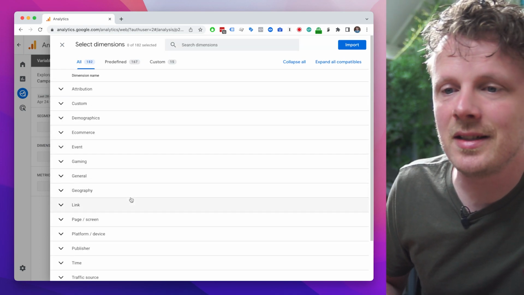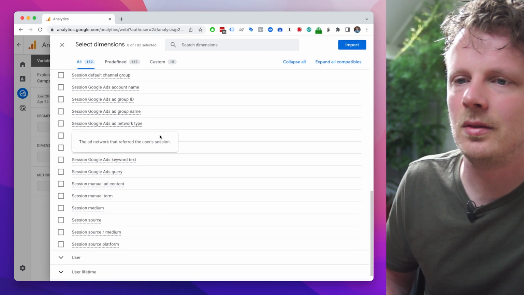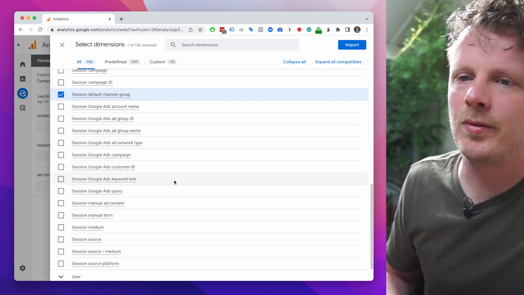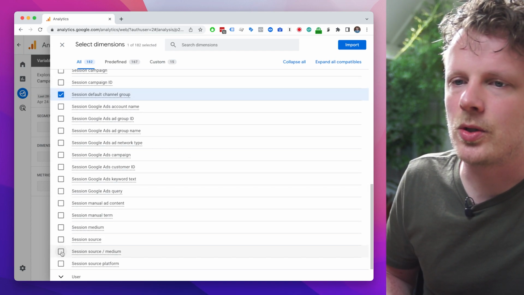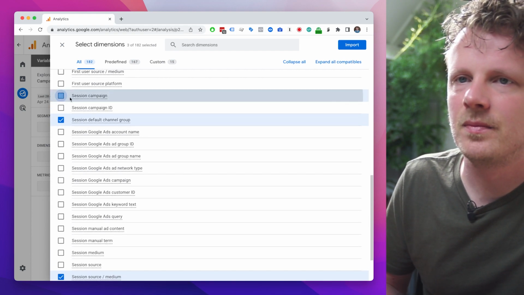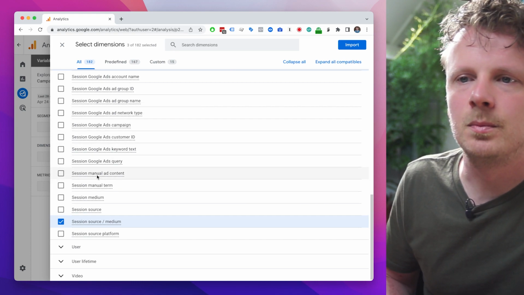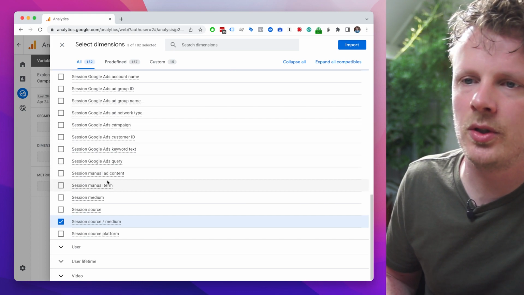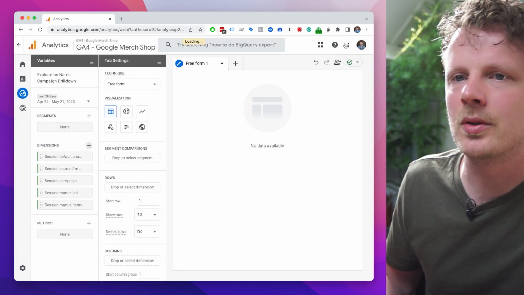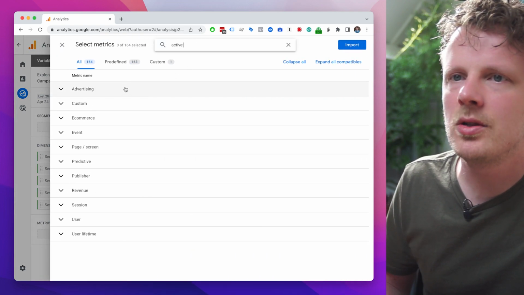So the dimensions I'm going to add are on the traffic source, and then session default channel group is the first one, session source medium is the second one, session campaign is the third one, session manual ad content and manual term, those 2 are the last ones that I need, and then I'm going to hit import. And as metrics, I'm just going to go for active users,